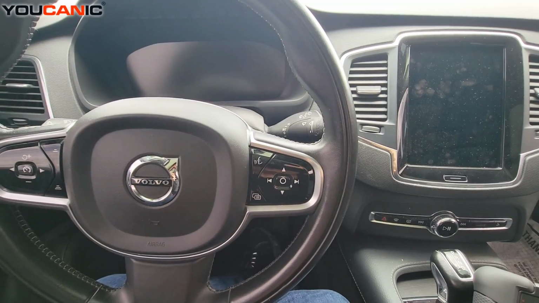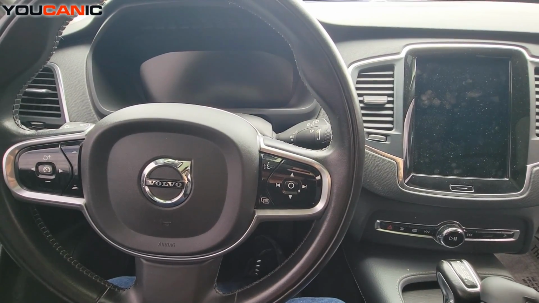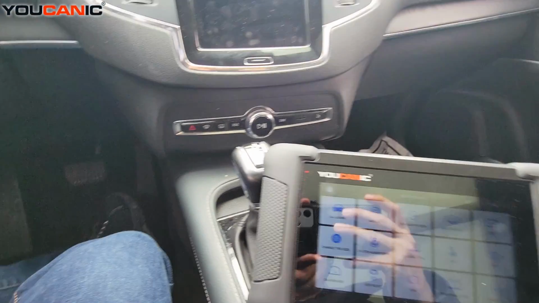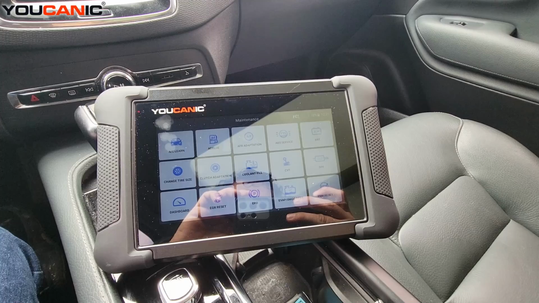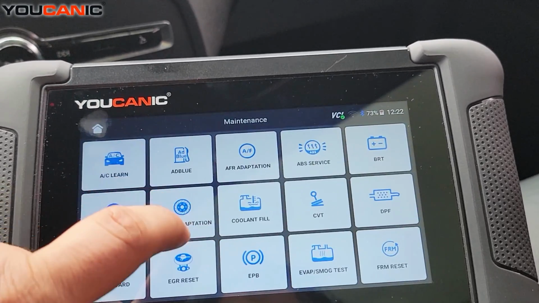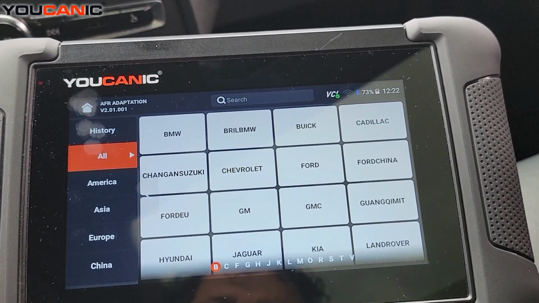So over time those settings can get kind of out of whack, and then if you have misfires, you just can't narrow it down. So what we're going to do is use the YOUCANIC scanner here to reset those values. On the YOUCANIC scanner, you're going to go to maintenance and do air fuel adaptation, and scroll